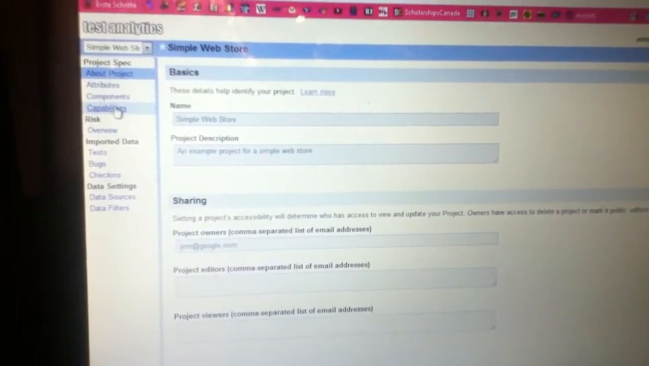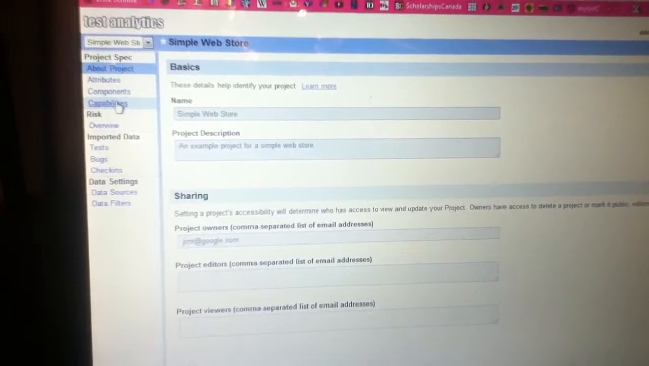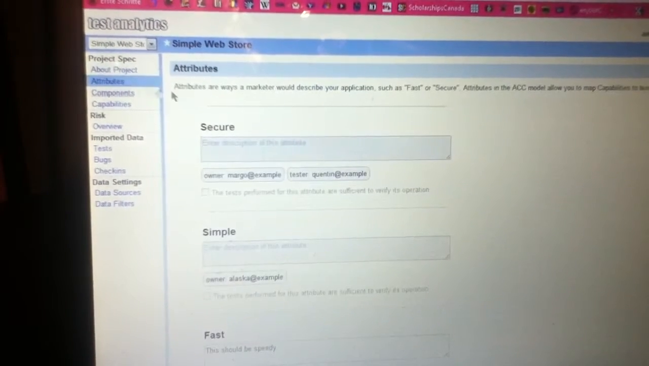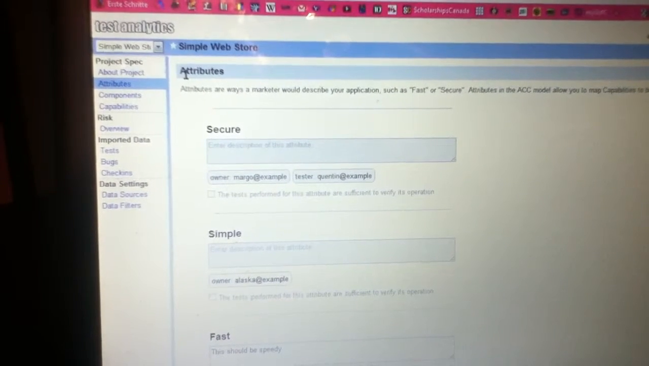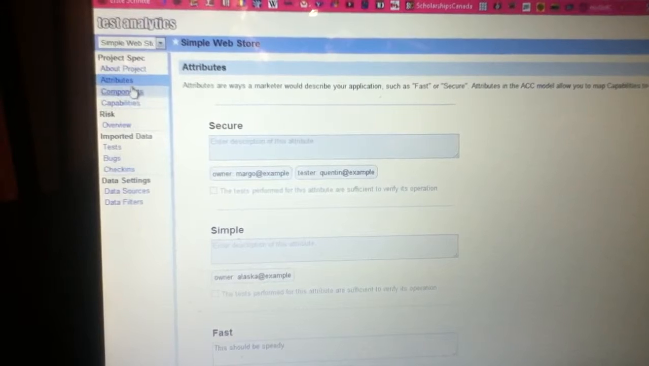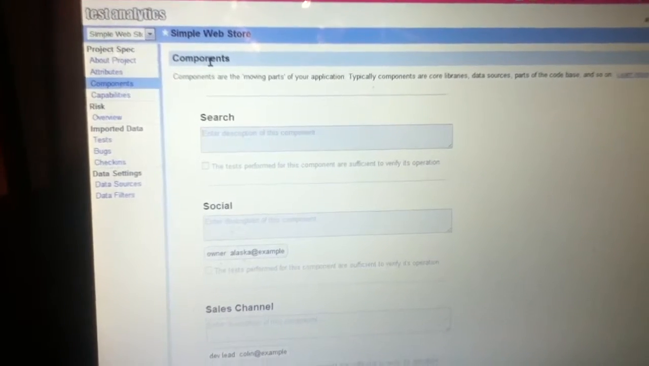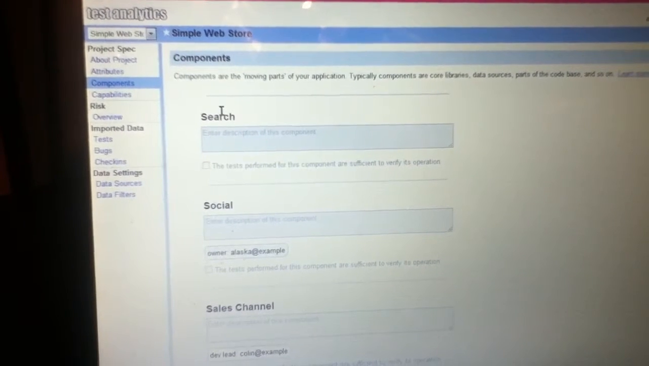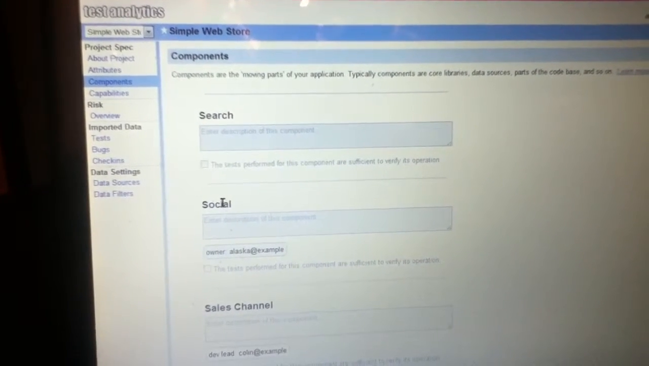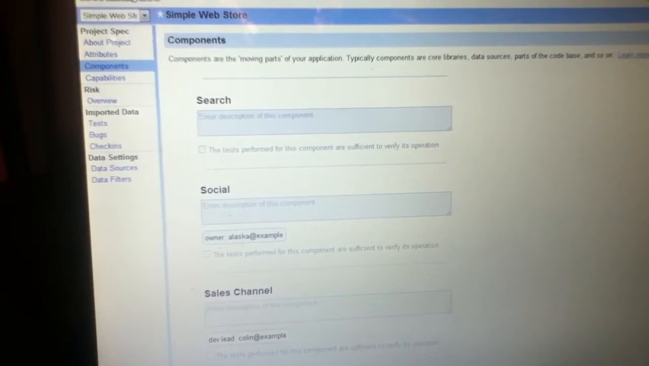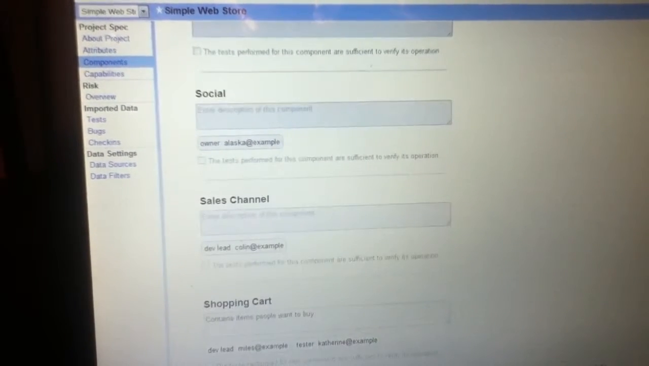Now, I assume you guys are familiar with the ACC model that we use here at Google for testing our software. And so you can see that on the attributes we can add some attributes. Now, for the simple web store we have secure, simple, and fast. Sweet and simple. For the components, being the nouns and the things you can actually do, the features you can say, you need a search functionality, a social functionality, whatever that might entail, a sales channel functionality, and a shopping